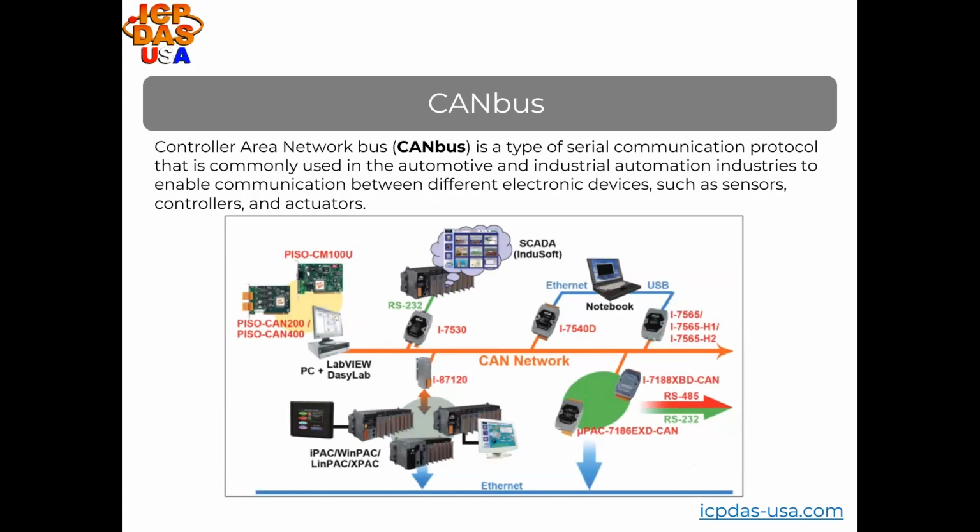capabilities. CANBus allows multiple electronic devices to communicate with each other over a single bus line, which is a two-wire network consisting of twisted pair of wires. Each device on the network is assigned a unique identifier, allowing it to send and receive messages on the bus. Messages can be prioritized based on their importance, and the protocol includes error detection and correction mechanisms to ensure reliable